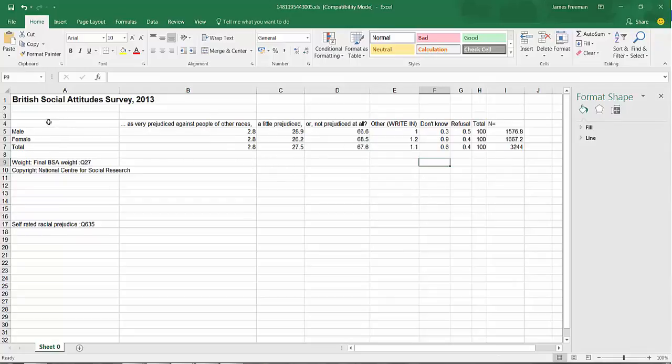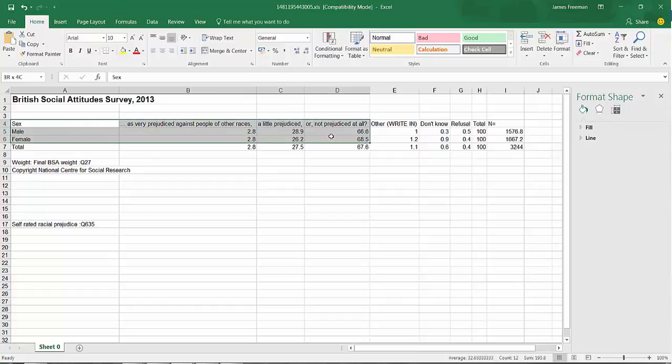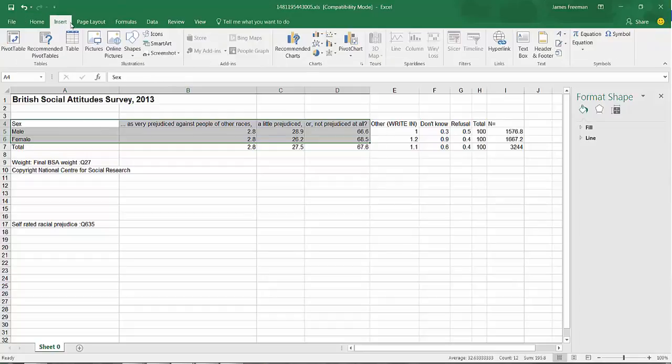options, if you like. And the way we can do that is just put the name of that variable in there. So we've got sex, male, female, and we've got the total line there if we wanted it, and then the three different potential responses. So we'll just highlight the range of data we're looking for. So both our variables, the responses, the percentages of each of those categories, and then the three answers. We'll just then come up to insert,